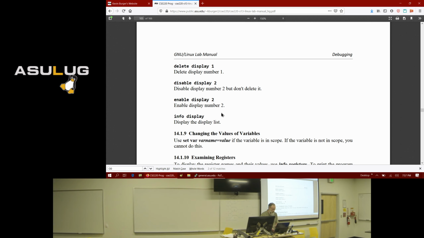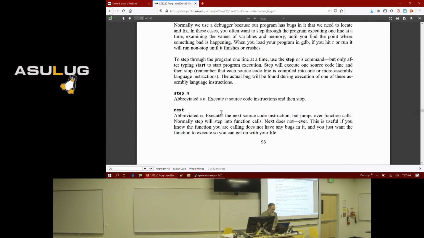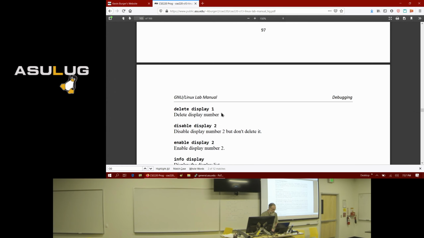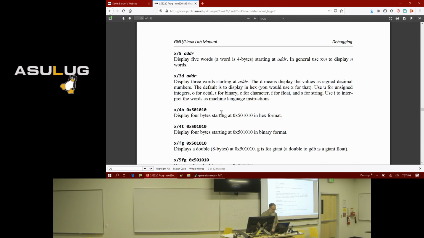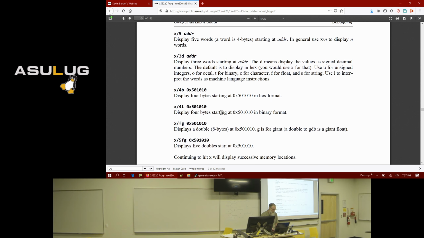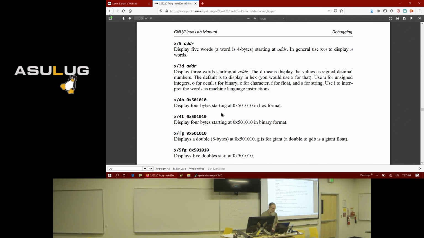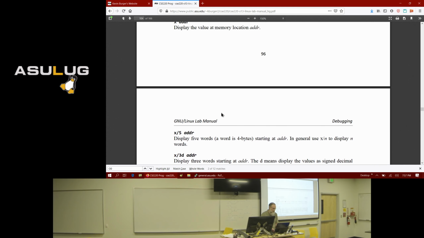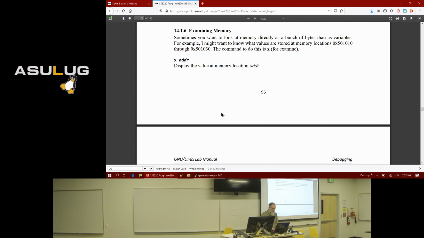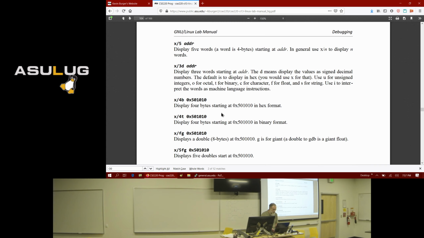So instead of displaying bytes, darn it, I hit the wrong key. Bytes, yeah. 4 bytes, 32 bits, yep. I thought there was an option. Oh, there it is. If I don't do 4B, if I do just X, then I can specify the number of words. And it says here a word is 4 bytes.